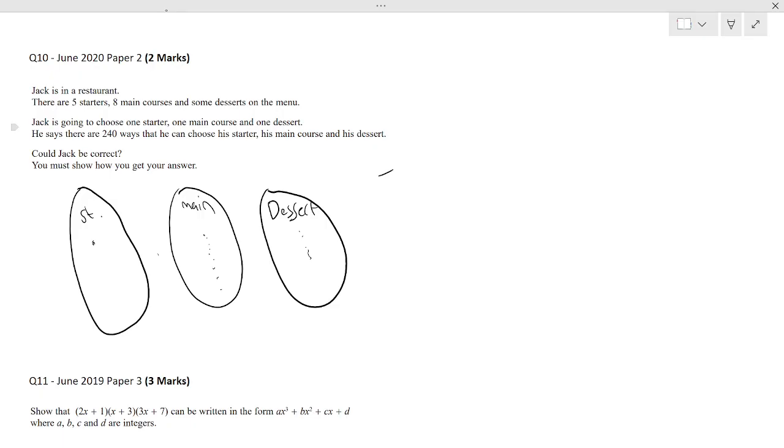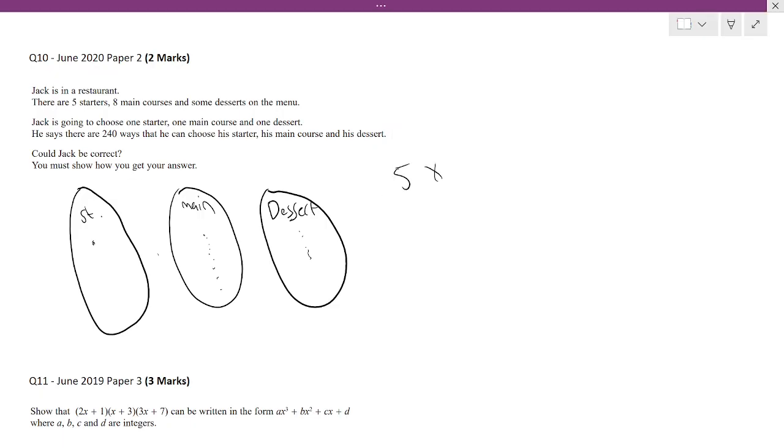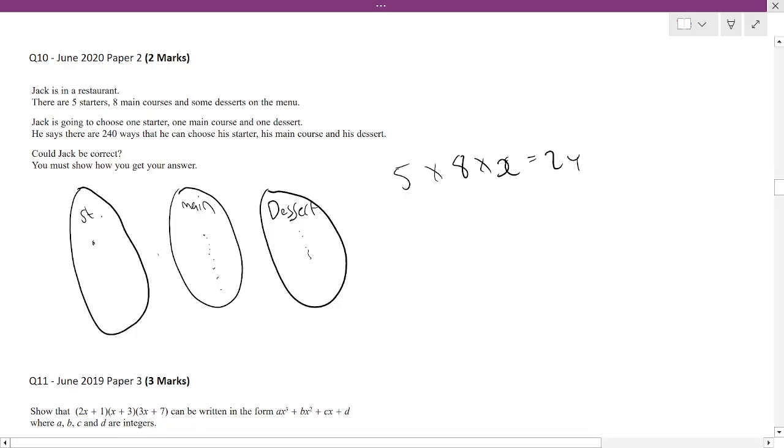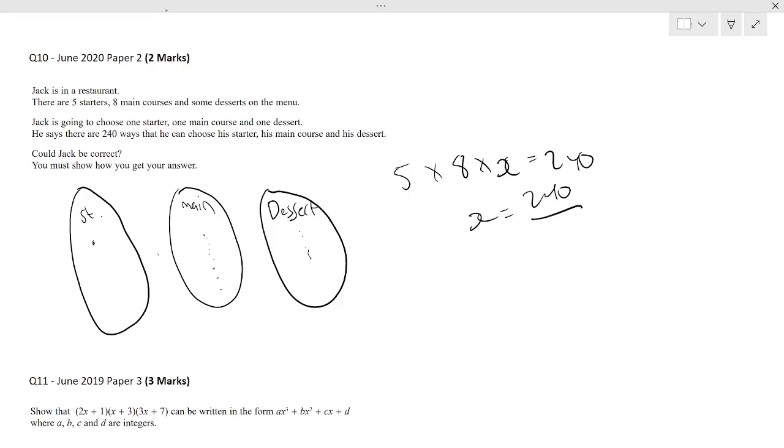We know there are 5 starters, so 5, and then 8 main courses, and then some desserts. We do not know how many there are, so let's call it X again. So there's some X amount of desserts, and that will give us the total combinations we can pick from each menu, right? It tells us it could be 240 ways. So if that is true, let's equal that to 240, and then let's see what X will be. So X is going to be 240 over 5 times 8. Okay, if we rearrange and put that into the calculator,